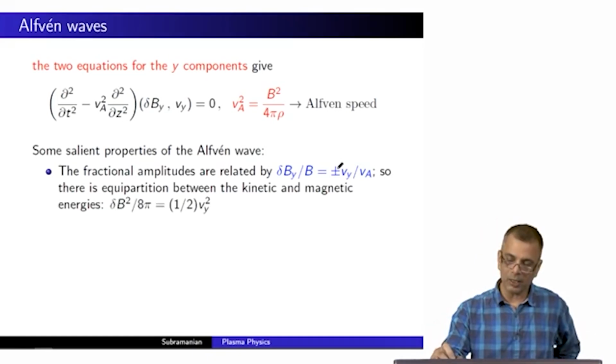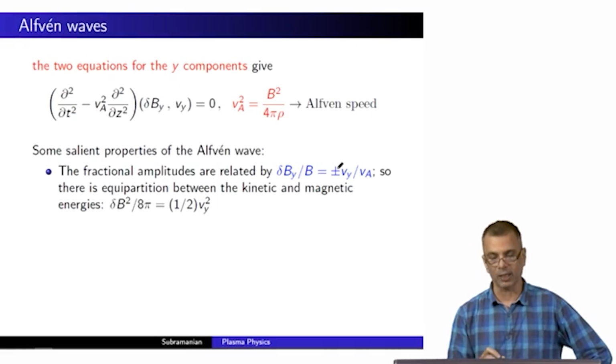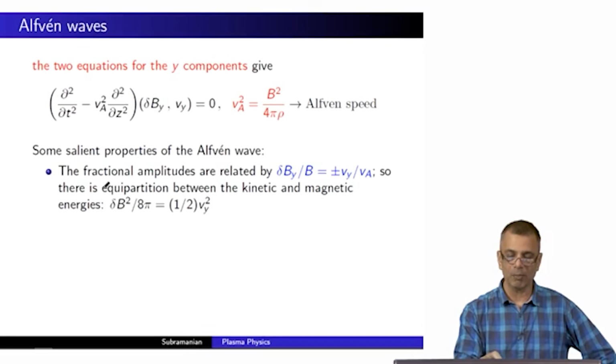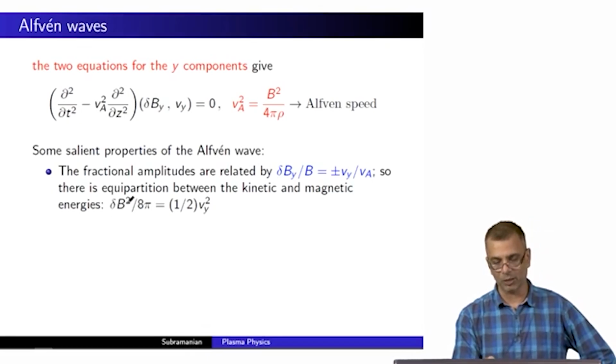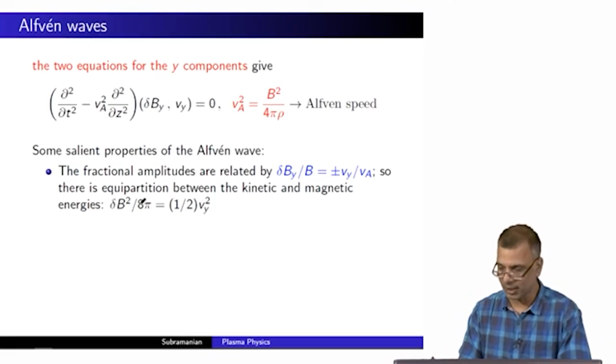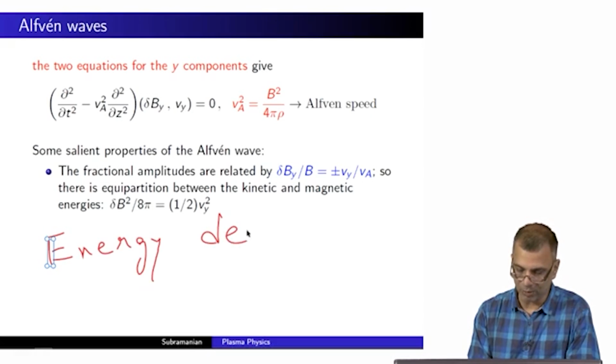An immediate consequence of this is that there's equipartition between the kinetic and magnetic energies. In other words, the energy in the magnetic field perturbations is delta B squared over 8 pi, and the energy densities, to be precise,